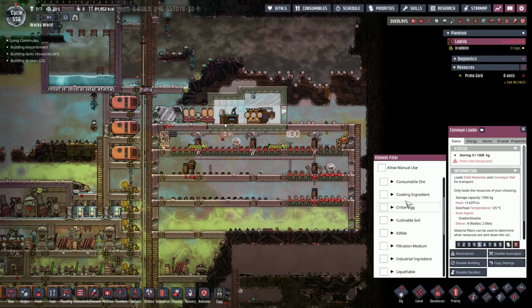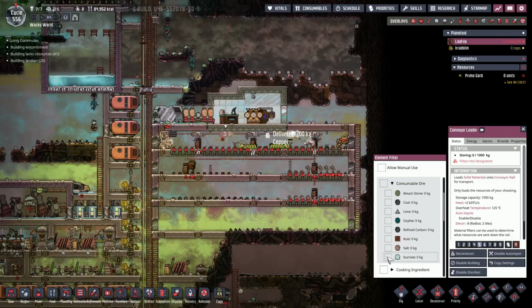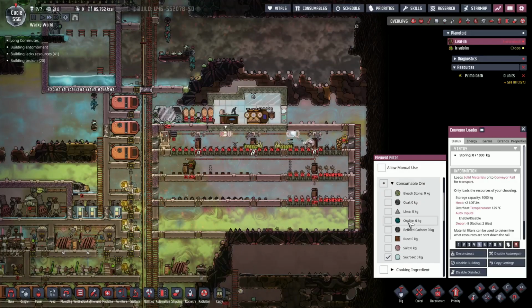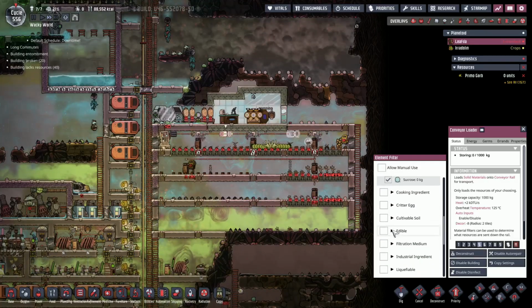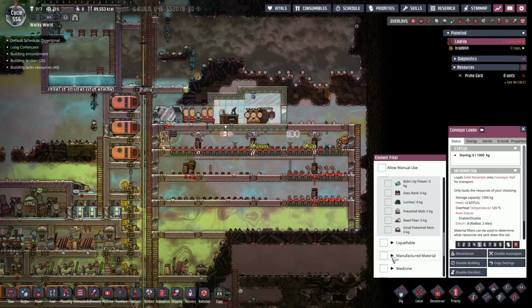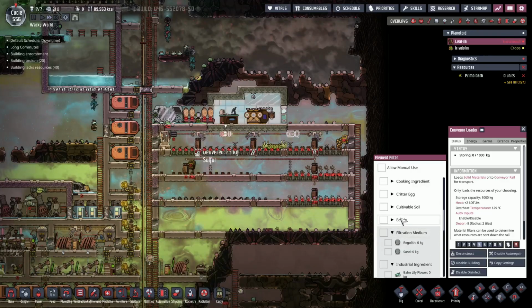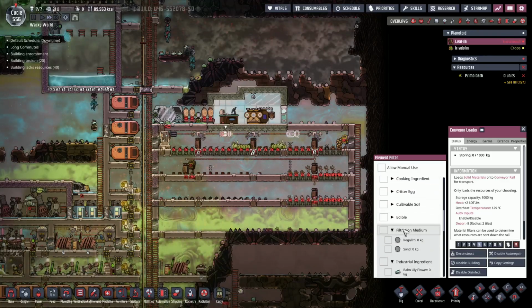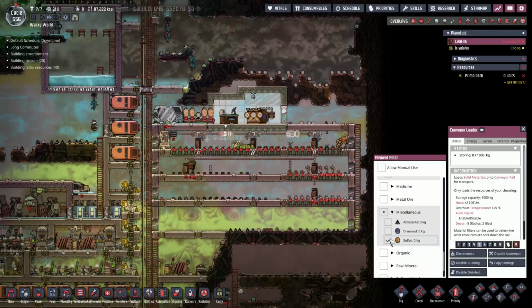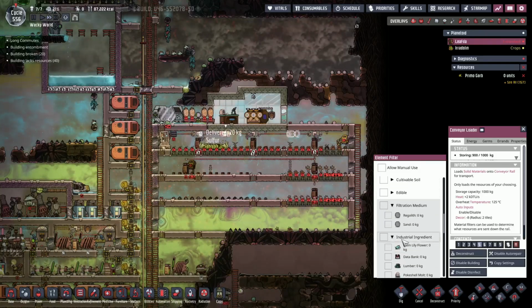So here's what we're gonna do. Any sucrose we're gonna send down. We won't send the coal. Where is it? How come I can never find sulfur? Is it miscellaneous? There it is. Okay. Sulfur. And I'm also going to go ahead and